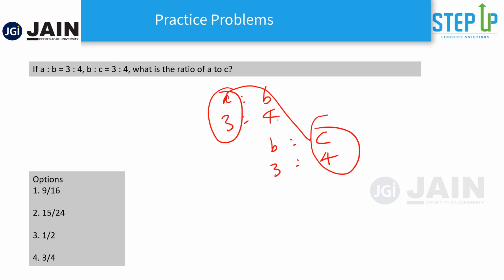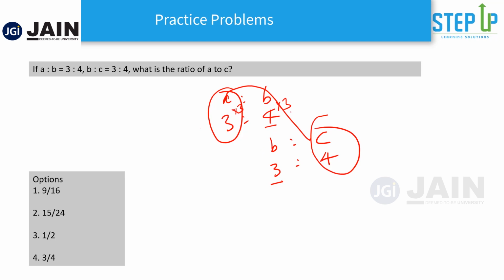How you can find that out is, see, you have B here as 4 and B here as 3. If you equate these two numbers, I told you earlier, if you multiply or divide anything to the numerator as well as the denominator, the ratio doesn't change. So if I equate these two, maybe I'll get the relationship between A and C, right? If I have to make this 4 and 3 equal, how can I equate it? Let's take the LCM. LCM is 12. So 4, I have to multiply by 3.